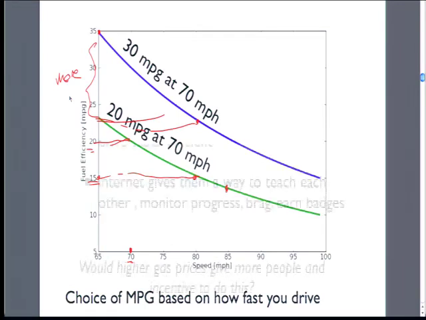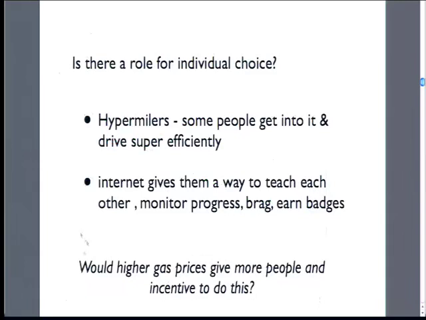So it's interesting. One of the really big things here is, at what point do we have some elasticity? At what point, if we try to tax carbon, if we try to tax gasoline to change people's behavior, will it give people some incentive to change? On the role of miles per gallon,